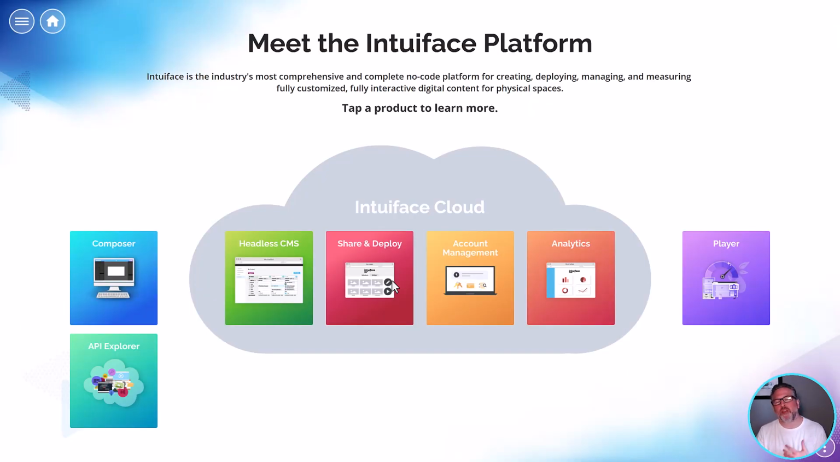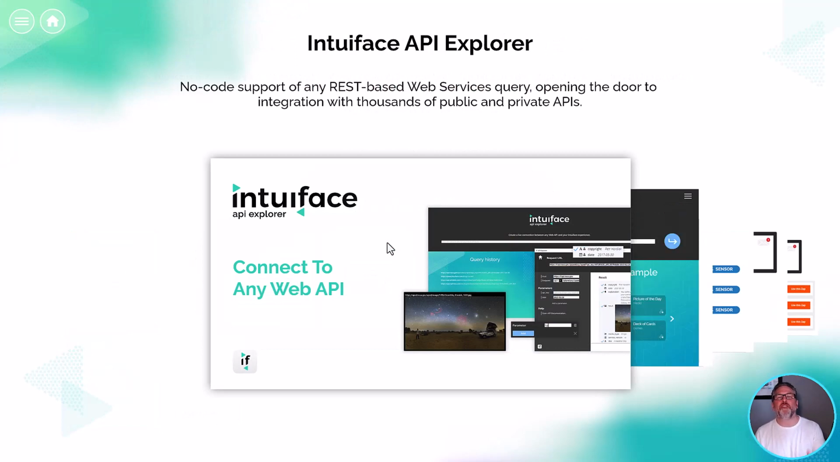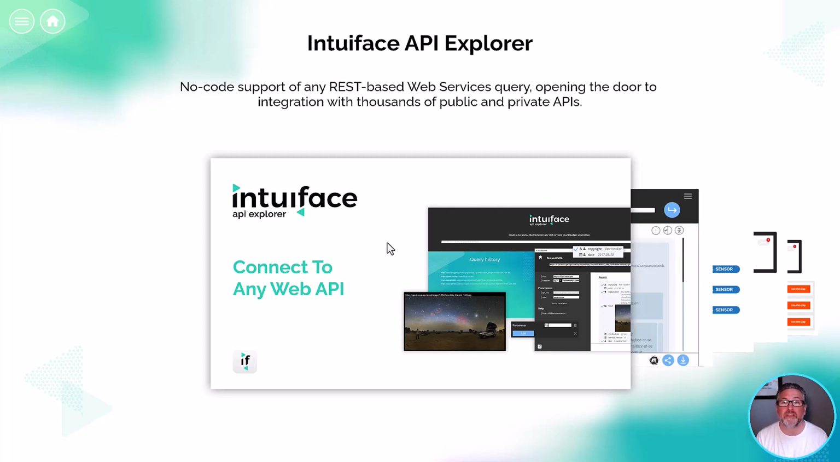Account management, okay, that's managing invoices and licenses, and I'm not going to spend time on that here. But there's a lot of information up in the cloud. And then finally, API Explorer. API Explorer automates the creation of integrations with web APIs. Remember we talked about interface assets and the ability to interface with anything outside of Intuiface? Well, if it has a web API, and everything has a web API these days, you can build that integration